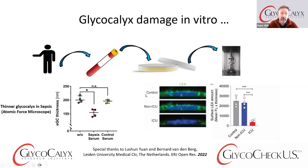And this shows if you have healthy endothelial cells exposed to control fluids, either the plasma sample from healthy individuals, or just the culture media that you grow your endothelial cells with, you have a very thick glycocalyx. If you take a blood sample from a person infected by the virus but didn't really get sick, didn't have to go to the ICU, then if you expose the endothelial cells to that fluid, there's still a lot of